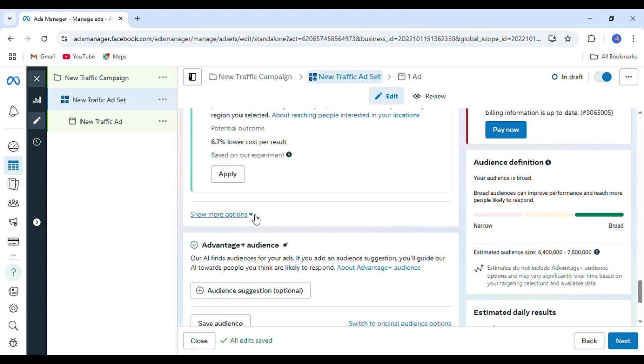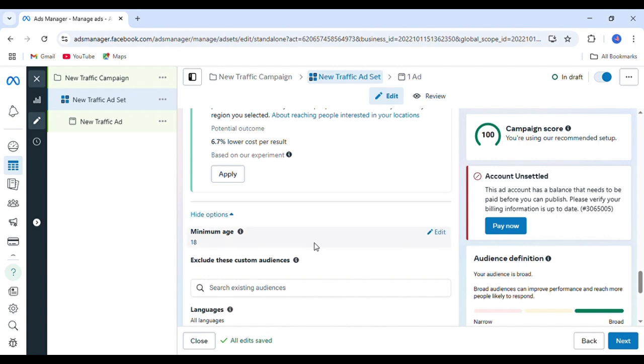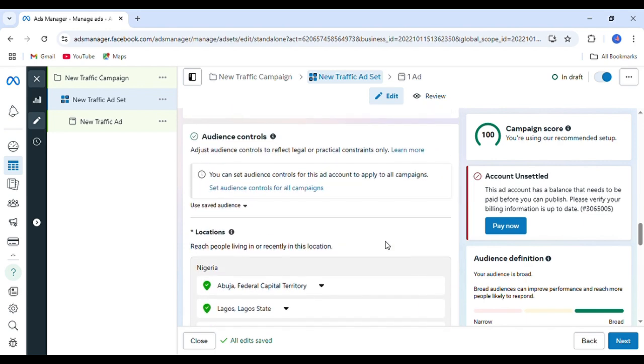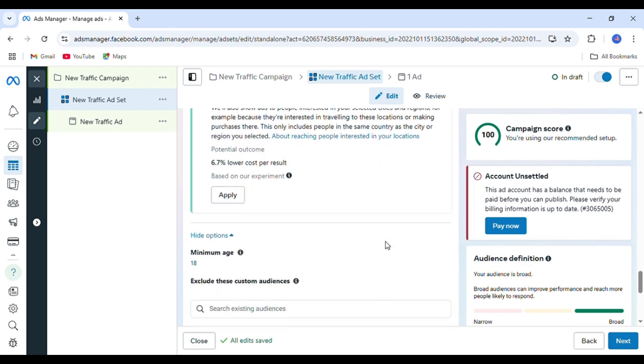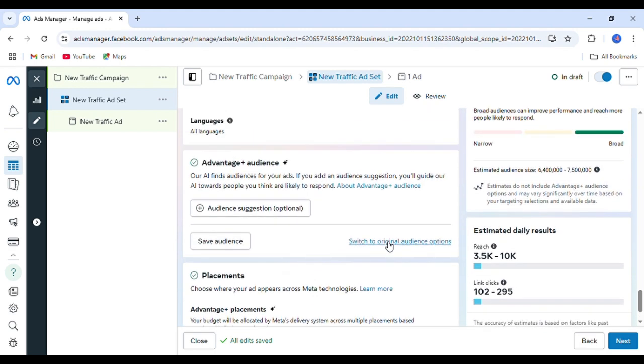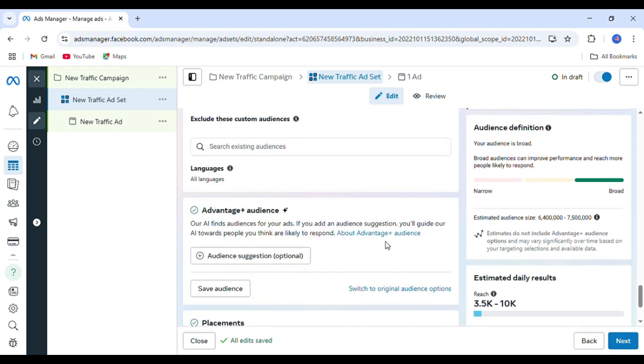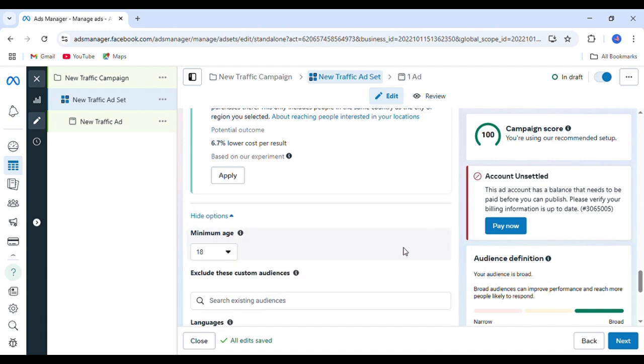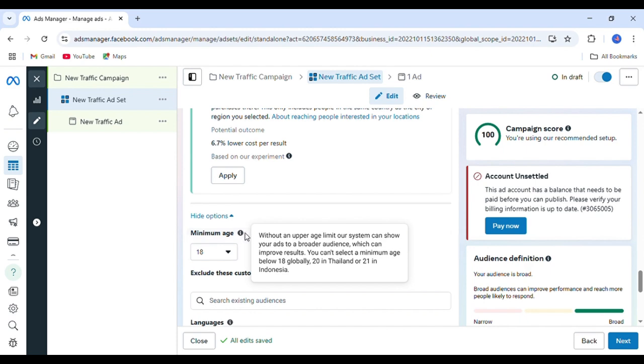If you click down this, it's just showing you more options for the audience you've chosen. Okay, so when you click here, it says age, so we're going to edit this. Minimum age 18. Okay,